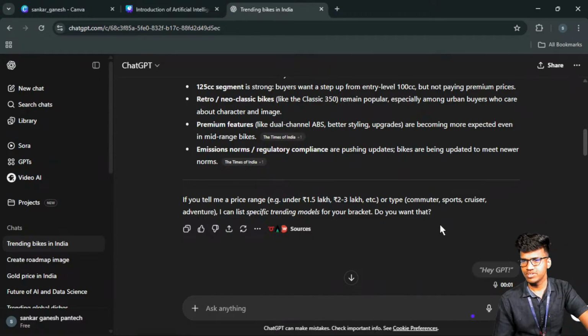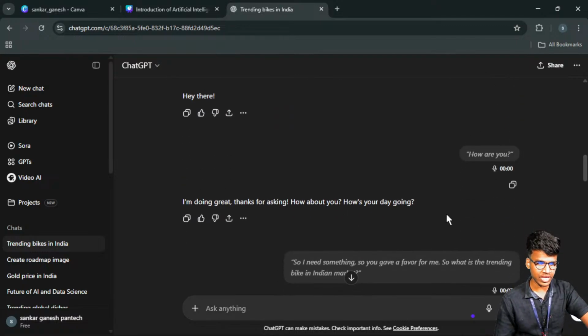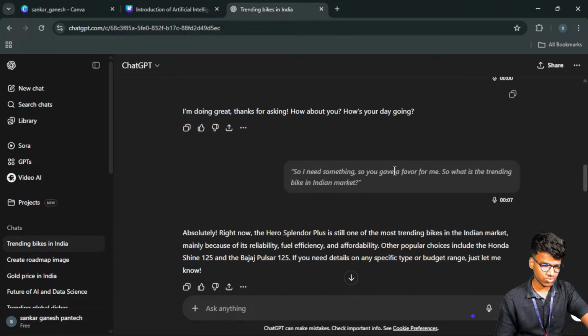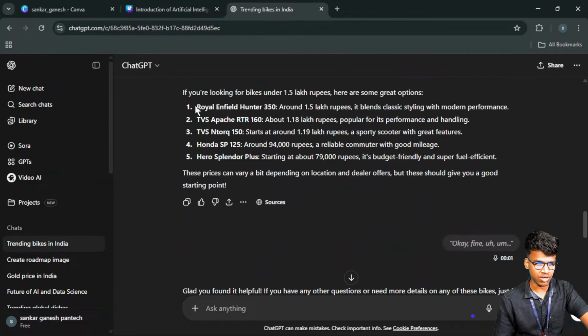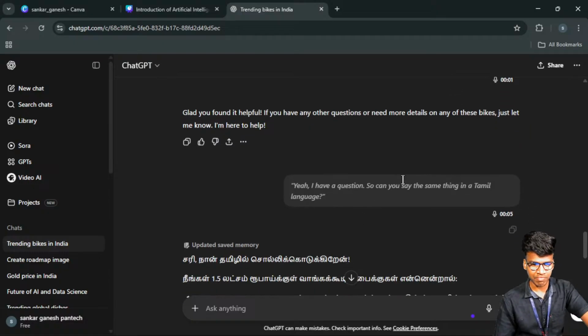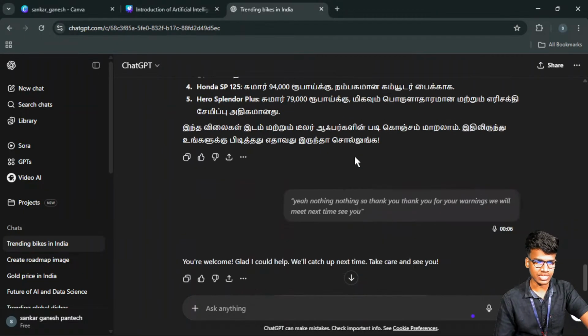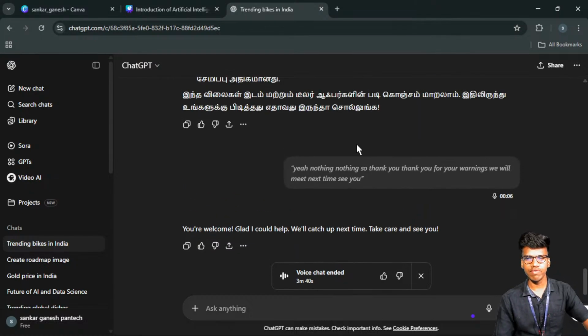So now we can see, I have interacted with the voice mode also. Every word, my input and the answers the model said to me, has been mentioned in text format also. They gave us the model, bike range and budget and everything. We classify the models individually. Whatever I said, the same input has also been recorded in text format. After this conversation, I can see my history, so we can read it and easily understand what we discussed. This is the way we are interacting with our model.